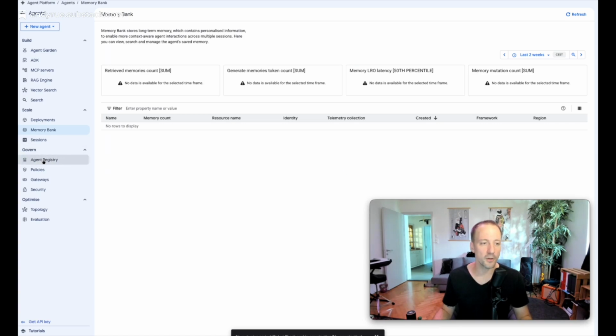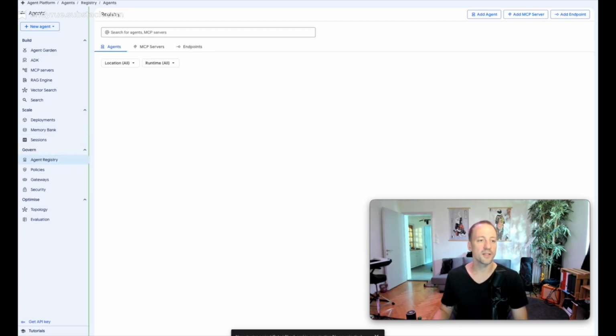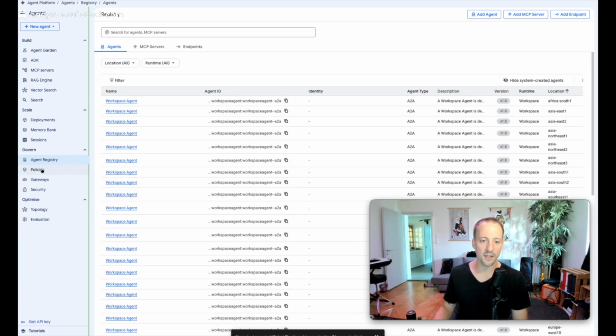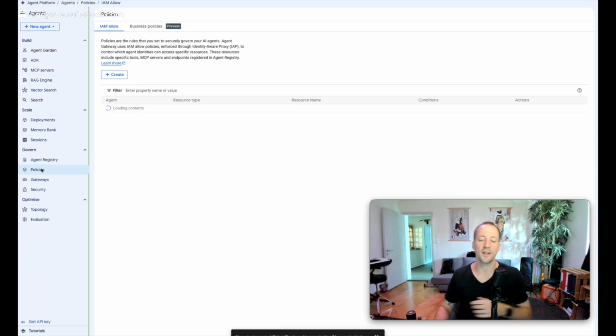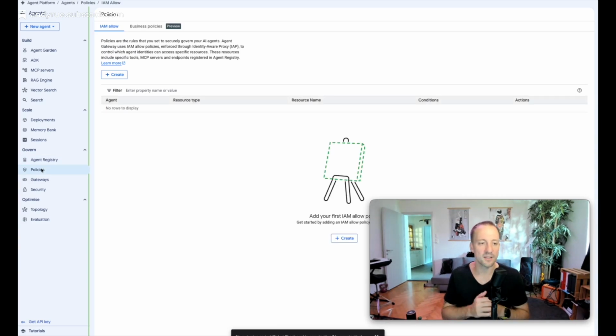The next part is Govern. In the Govern part you have the Agent Registry, where you track the versions of the deployed agents that you currently have. You have the Policies. This is, I think, a new feature where you can have explicit compliance and risk mitigation rules. This, I think, will be a game changer for many, many companies because, for instance,